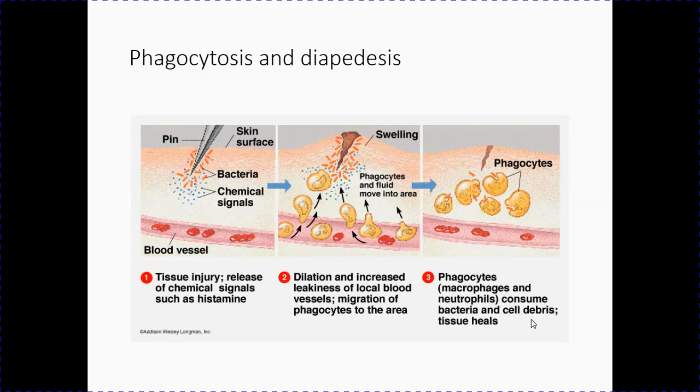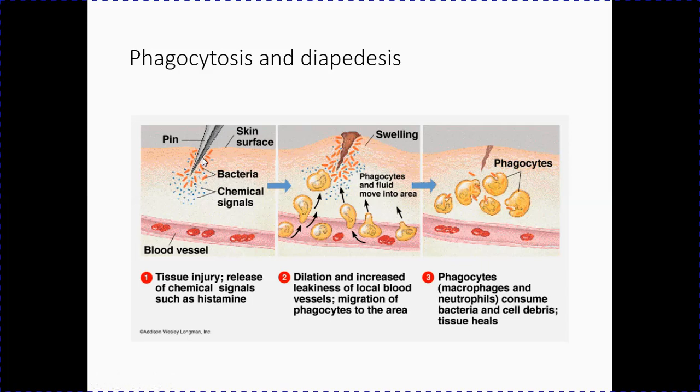This just brings both of those pictures together for us. We're going to look at putting white cell migration and phagocytosis together in one picture, so we can get a really quick overview of phagocytosis and diapedesis together. So imagine there's some form of tissue injury here. In this case, we see a puncture by a pin, puncture the skin surface and introduce some bacteria to the